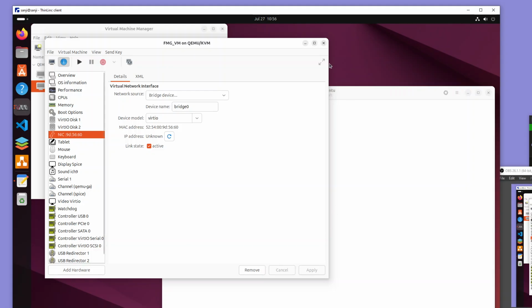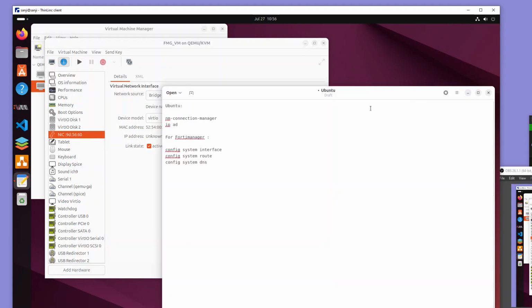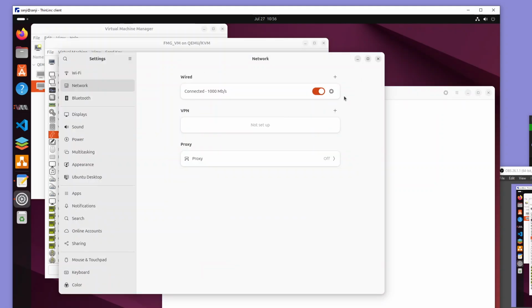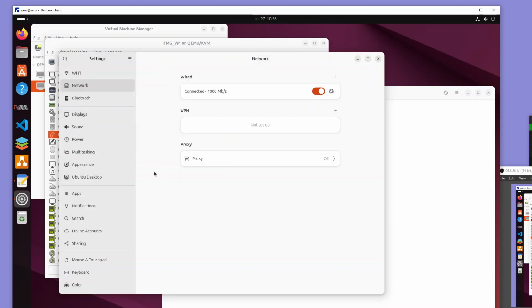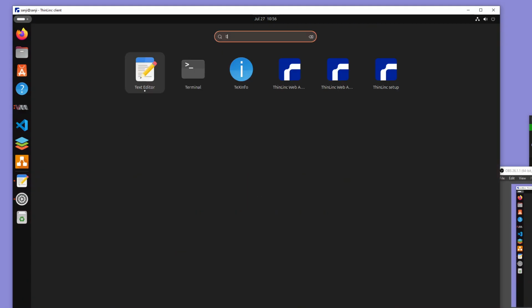And on the Ubuntu itself, you do need to be there in person. It's not something that you can do remotely for the Ubuntu, because what I had to do was go to the wired connection, and I literally had to go under here and remove all the connections that were there before and all the profiles manually. And then if we go to the terminal,